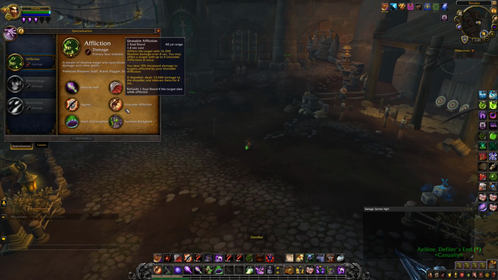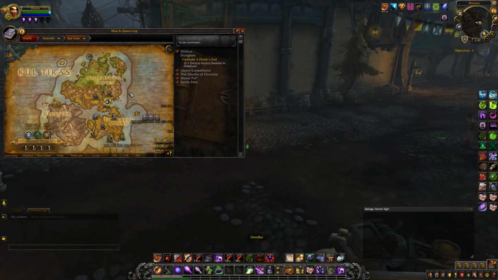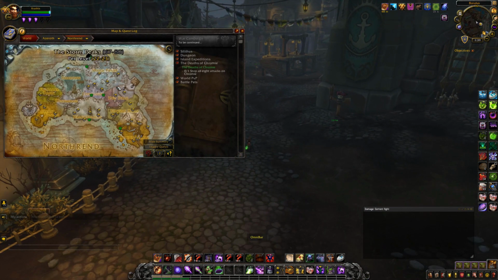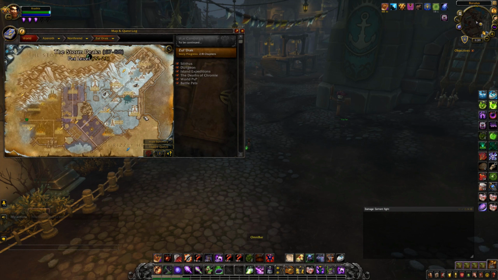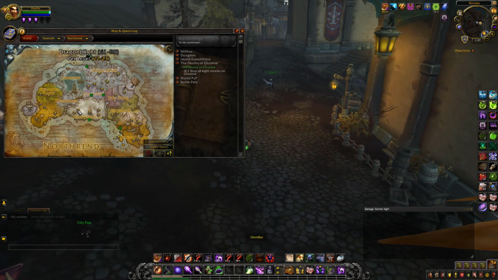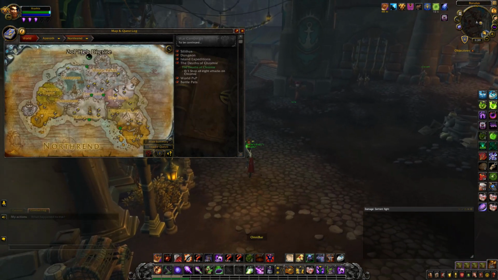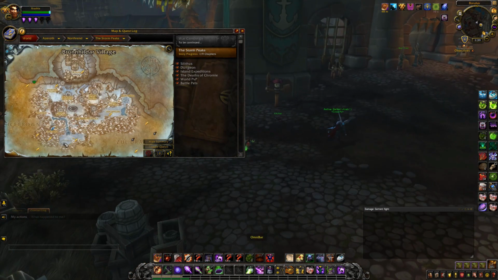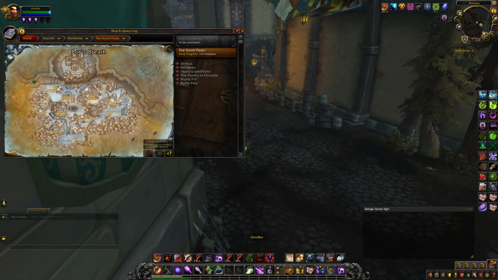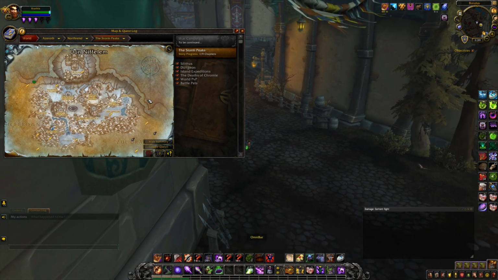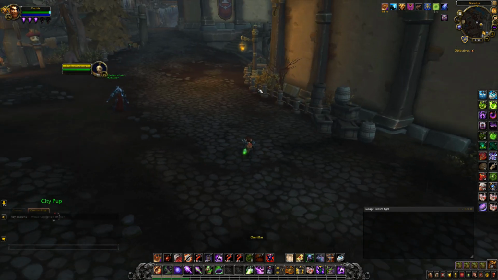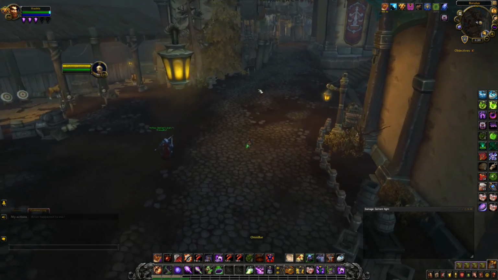So as I'm aware, if I can try and show you, it doesn't come up at the moment because I got my other add-on, but what it does, it allows you to track rares. So if you're trying to farm the Time Lost Proto Drake in Northern End and Storm Peaks, it'll show you where it's usually located, and it comes up with a couple circles where its path is, where it flies to,